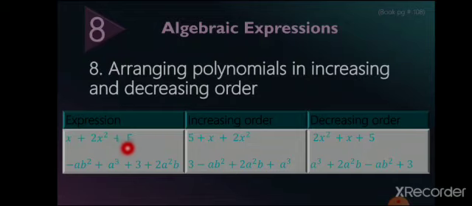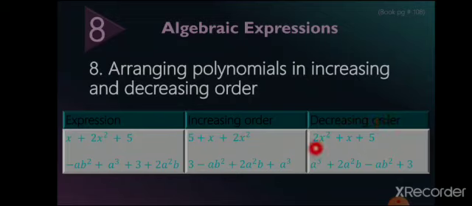So it means the power 0 will be written in first place, 5. Then the power of x 1. After 0 it will be 1. After 1, x square, means we have arranged in increasing order from lower to higher. The power of x was 0 here, 1 and 2. Understood? Similarly, in decreasing order, we have to inverse it.